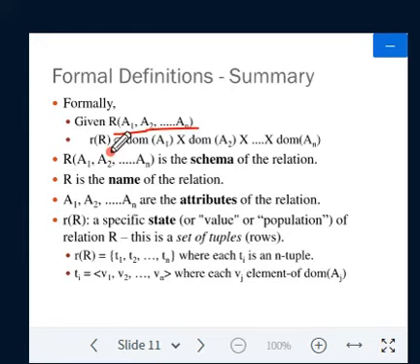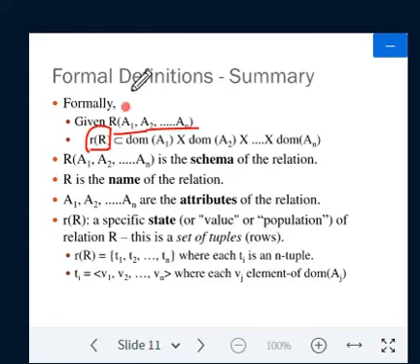The small r of R includes the relation state, similar to our database state. A database is a collection of relations. When we take a particular table, its current status at a particular moment in time is the relation state.